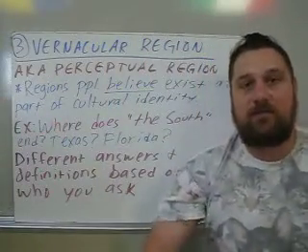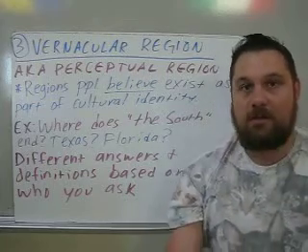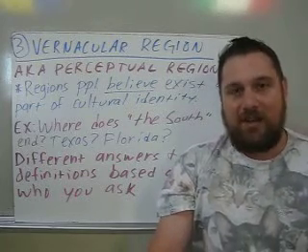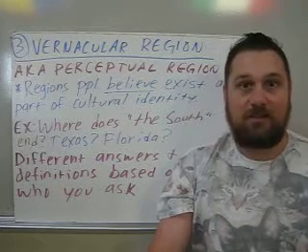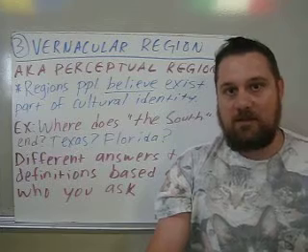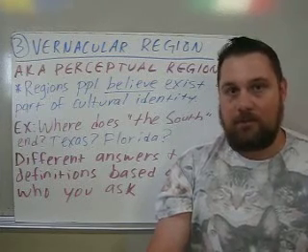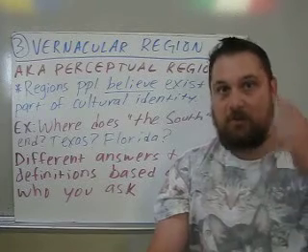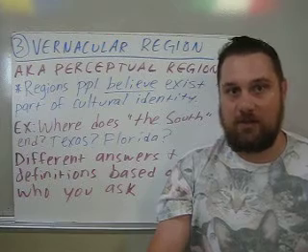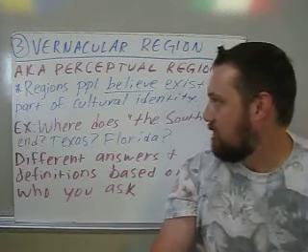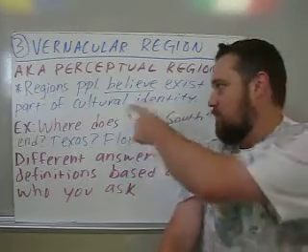And finally we have the vernacular or the perceptual region. This is the most vague region because it's really the hardest to identify. That's because a vernacular region is basically based on what people believe. It's all based in what's up here, how people think of a region or think of an area as being similar. And they also believe that it exists because of their cultural identity.